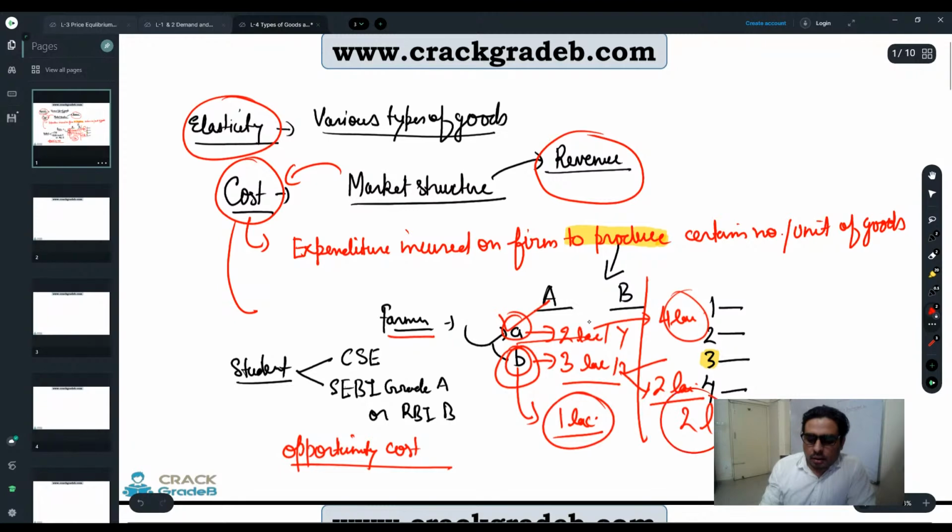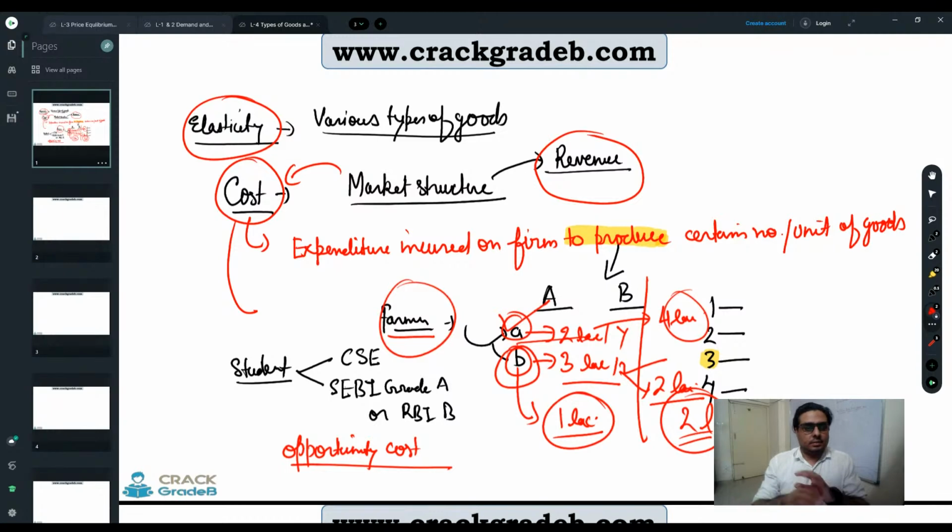So the difference is how much? The difference is 2 lakhs, so he went for option A. This farmer is finding an opportunity cost of 2 lakh, whereas farmer number one, who went for crop B, is thinking of an opportunity cost of 1 lakh. So it completely depends upon our way of doing the calculations.